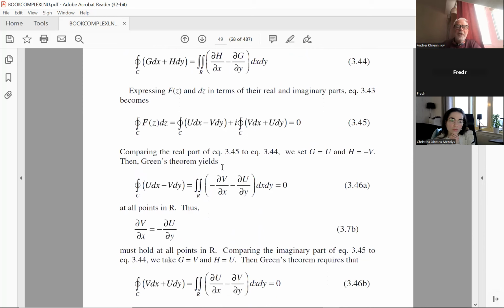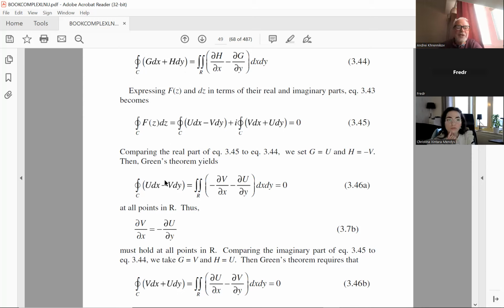What people did, they thought, let us take our integral for a complex function. So there is a real part and an imaginary part, because dz is dx plus i dy. You get this when you put z, which is a complex number, and f, which is the sum u plus iv, and you get this. So this is equal to 0. So now what we have is this differential form. Here was the break of the previous lecture, so now we repeat this in more detail. Unfortunately, the connection was very bad.